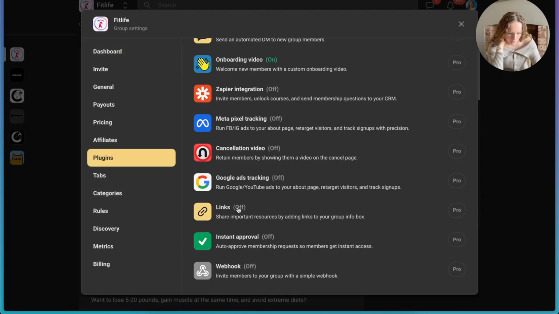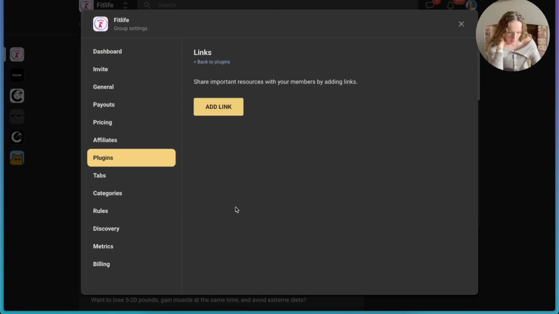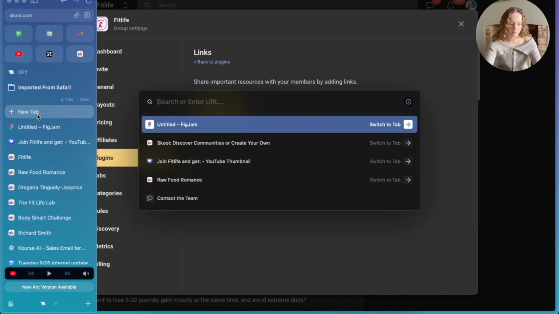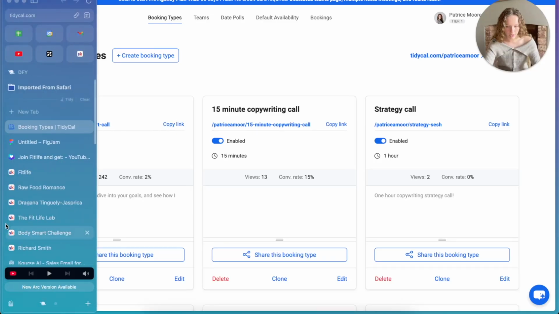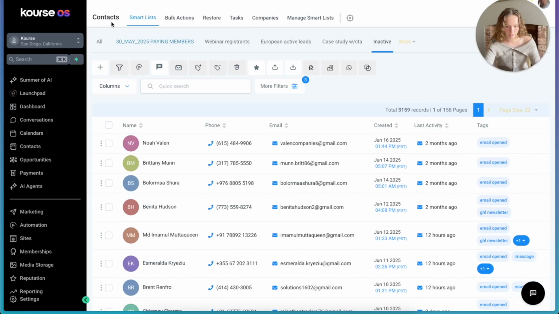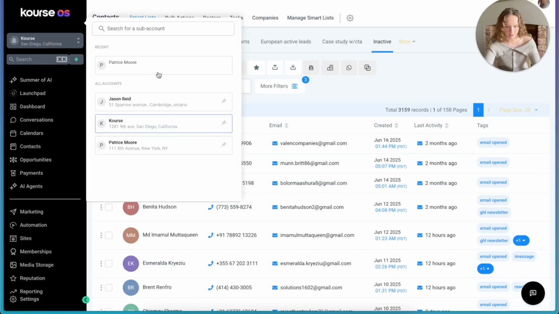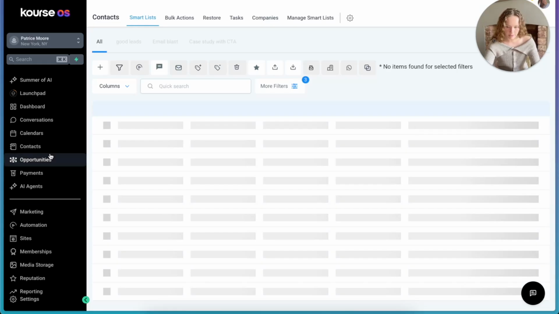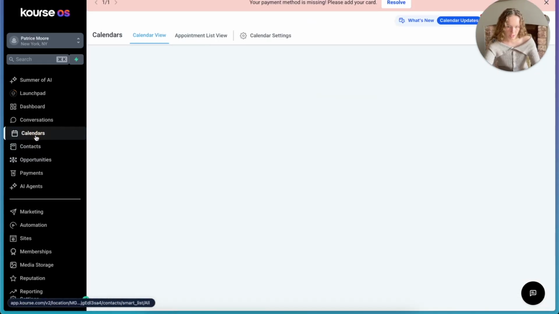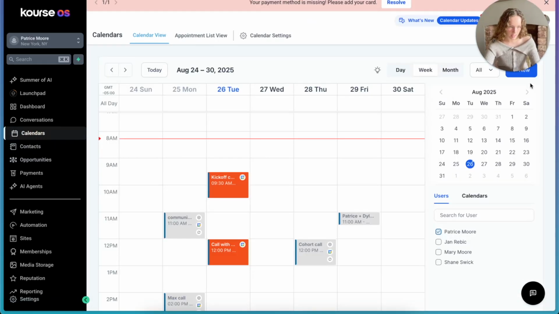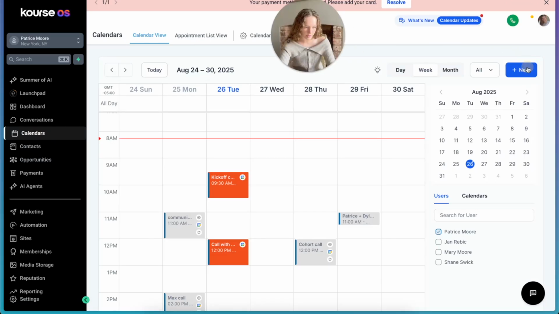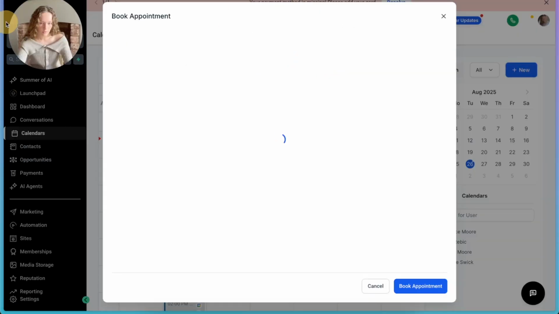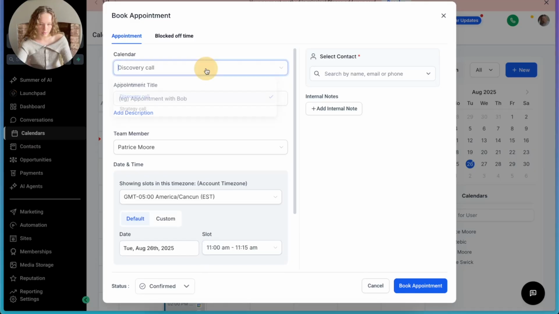So we can add a book a call link. So I'm going to go to my TidyCal really quick. Or actually, you know what? I'm going to do this through my actual, I have 2 calendars. So let's just do this properly. So if you're using Go High Level, you go to calendars, and I'm going to add a new calendar because this would be for my mom. And I'm going to go ahead and call it,